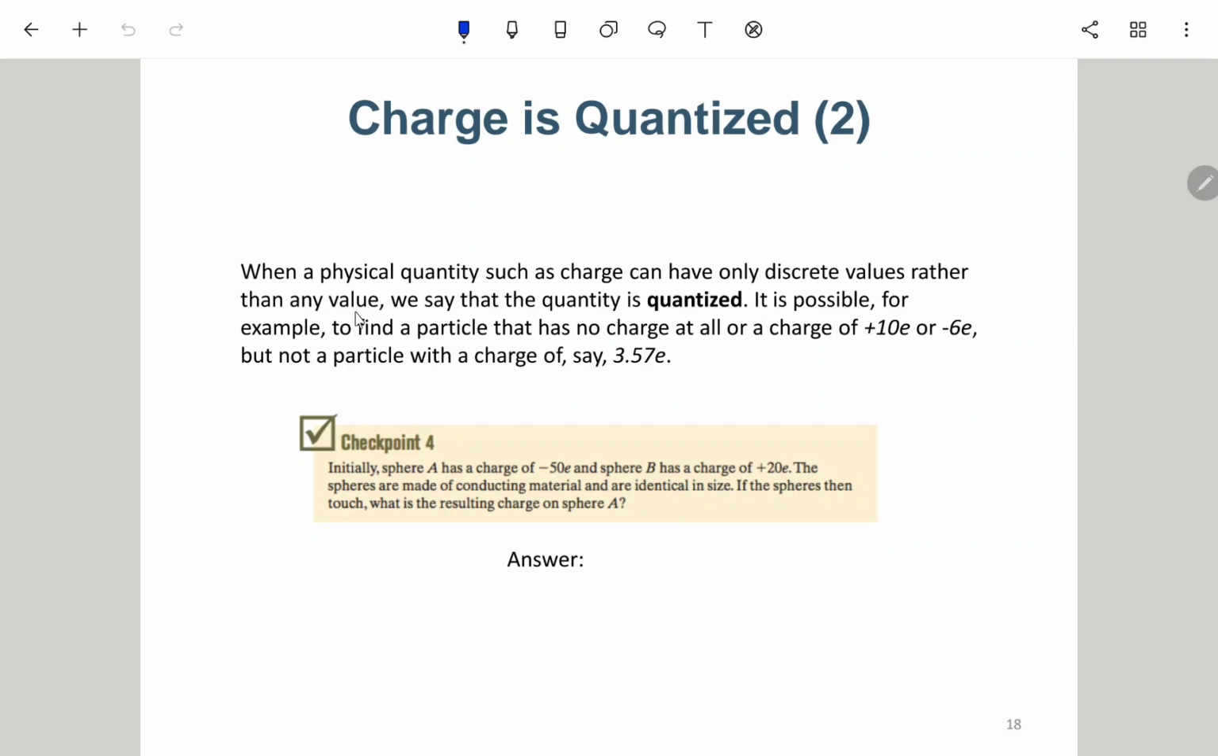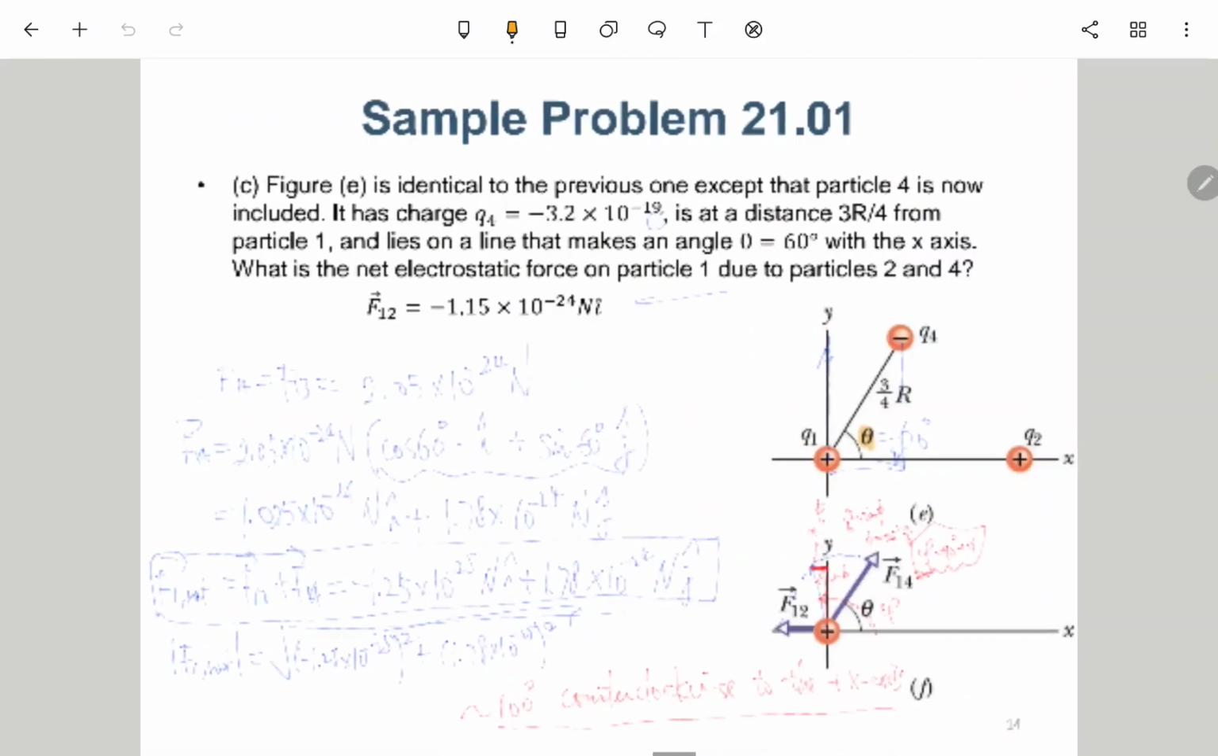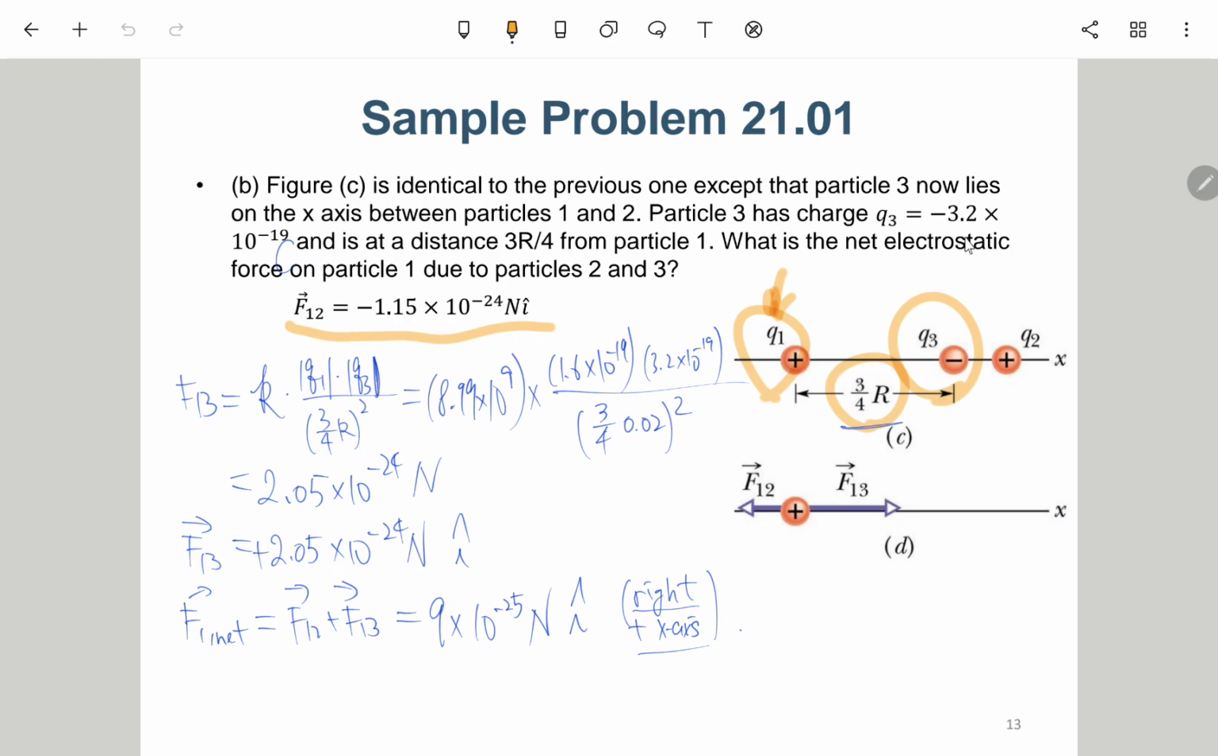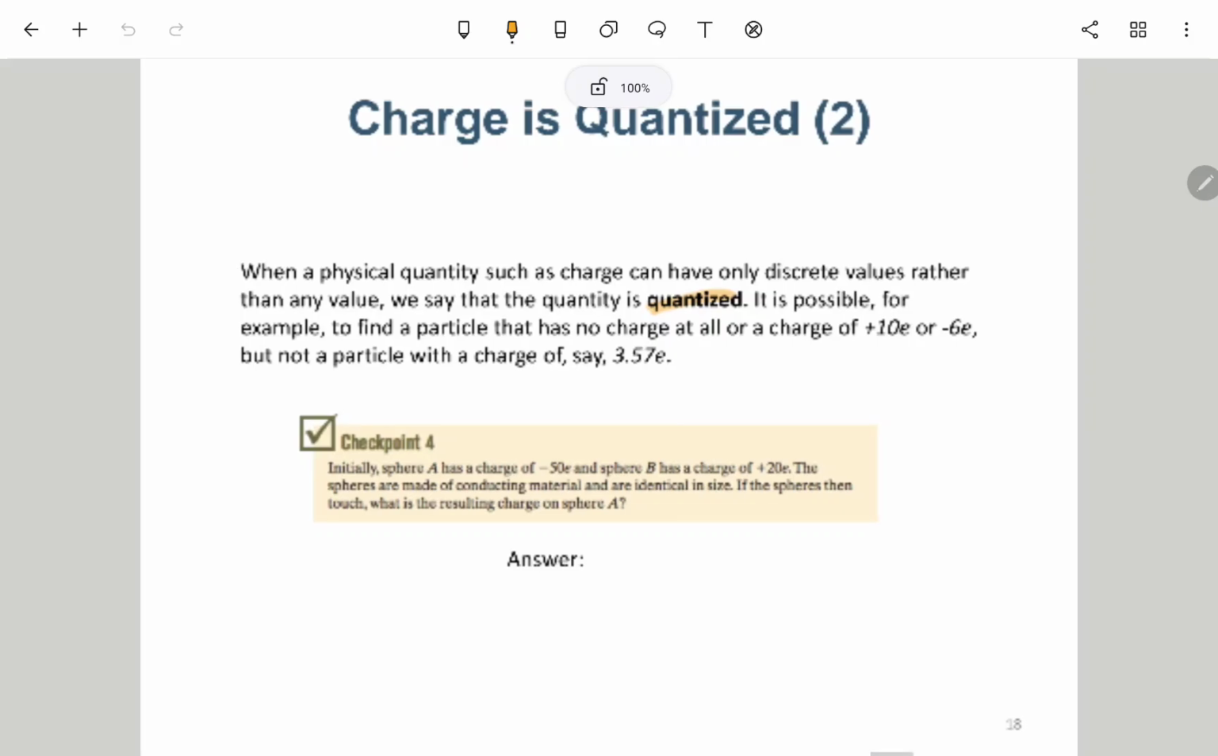And here it is also mentioned that when a physical quantity such as charge can have only discrete values rather than any value, we say that the quantity is quantized. 就是这个叫做量子化，就只能够是一些离散的数字，它不是一个连续的数。So it is possible, for example, to find a particle that has no charge at all, or a charge of positive 10e or negative 6e, but not a particle with a charge of say 3.57e，就是小数不可以，它一定是要 1.6 乘以10的负19次方的整数倍。所以为什么它在这里出个题目的话，它也要满足物理世界的这个量子化，所以它不能够随意乱出一个数字在这里。